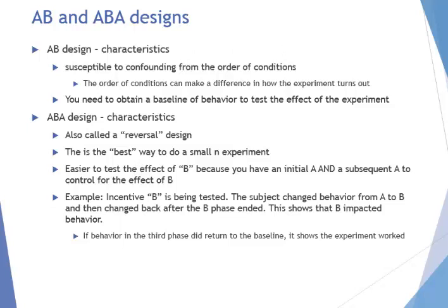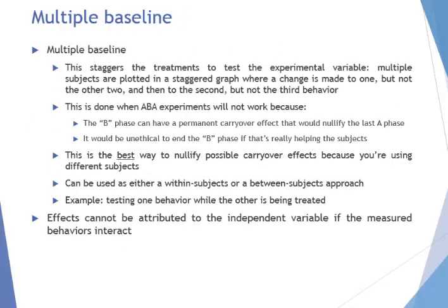Now, of course, an ABA is not always possible for various reasons. One reason is that it might be impractical or unethical to take somebody off treatment. If somebody's suffering from cancer treatment and you do an AB phase, and then the B, which is the chemotherapy or whatever it is, is working, well, then the person's not going to want to go back off the therapy and risk their lives just to help this experiment. So it might not be possible to do an ABA design, and one way around that to help an experiment